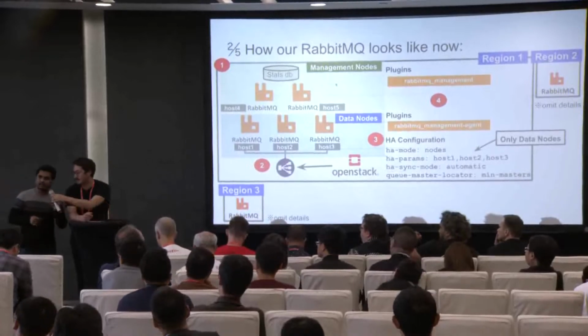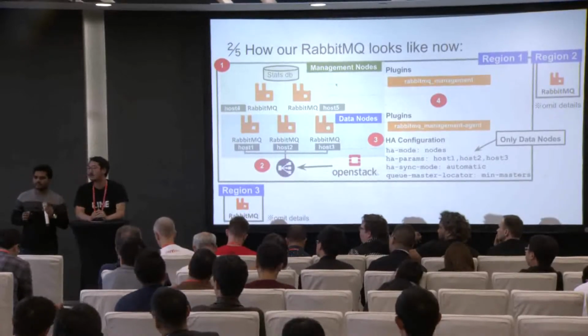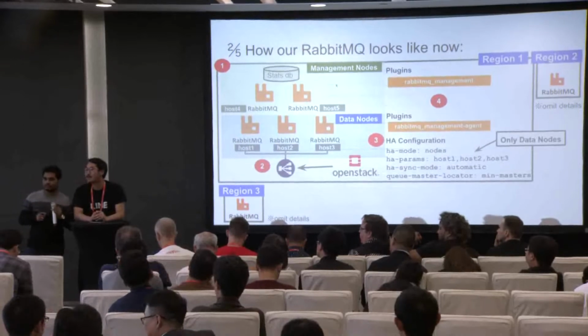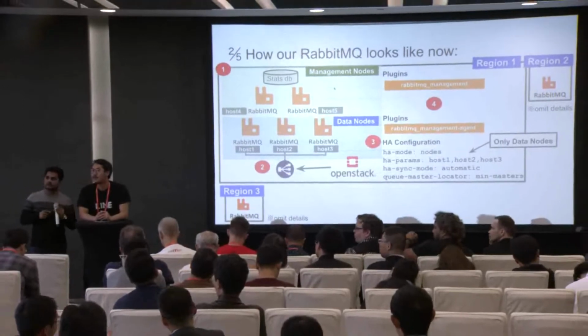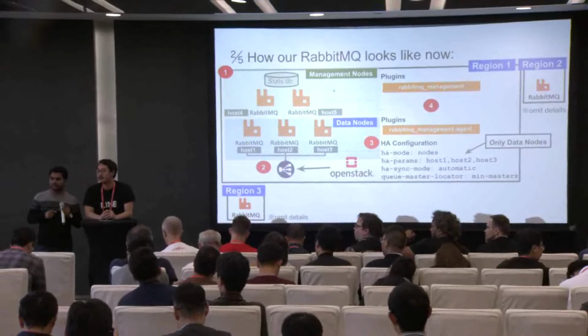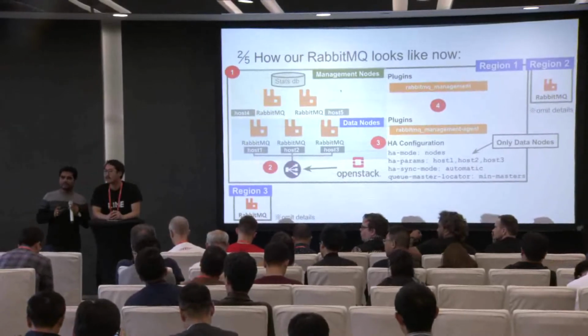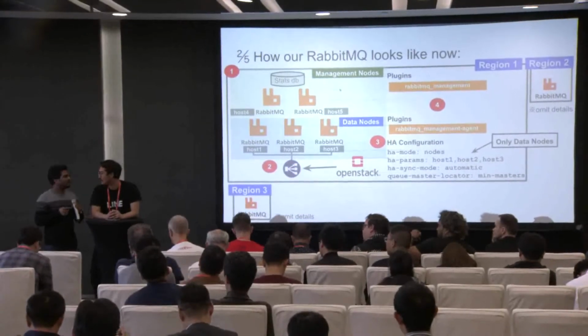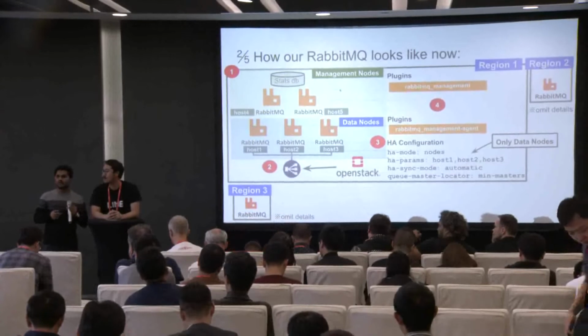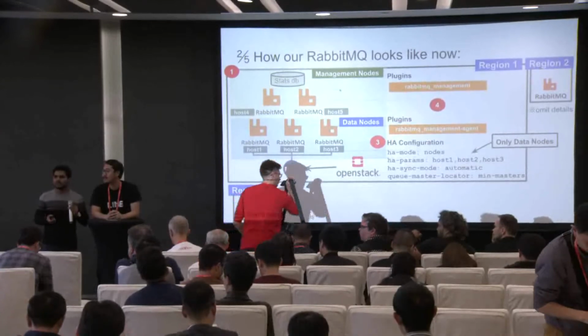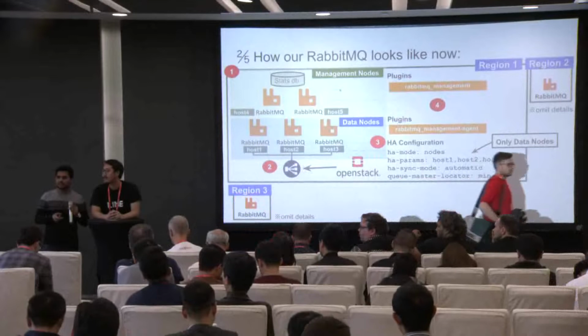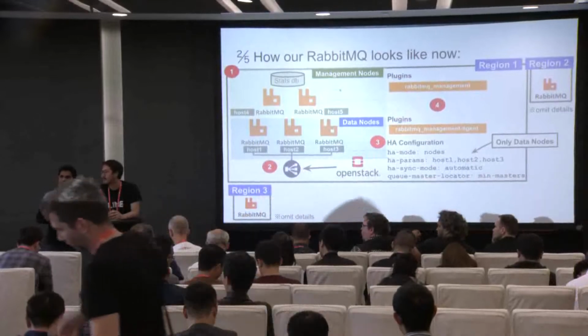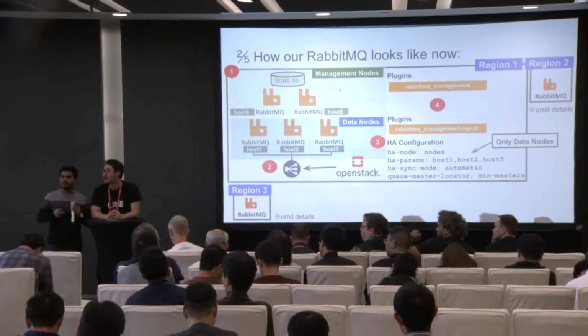We actually just use the default one. The default one, yeah. So it may not be pause minority. Yes, it's the other one, the default one. So we actually don't want RabbitMQ itself to recover. We want to monitor the situation and check the state of the RabbitMQ itself and then decide